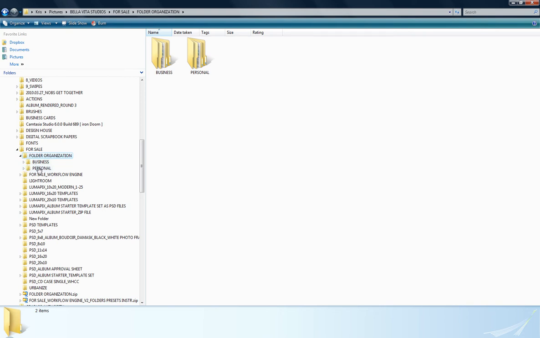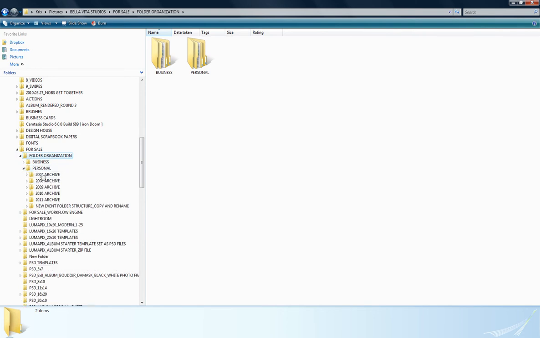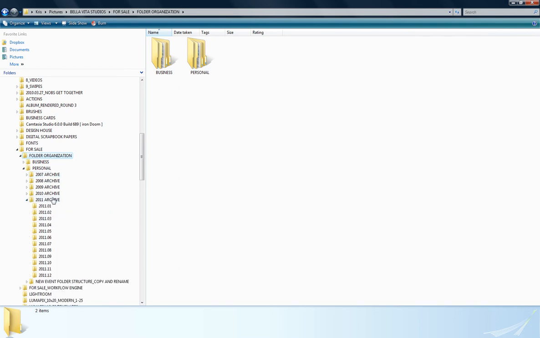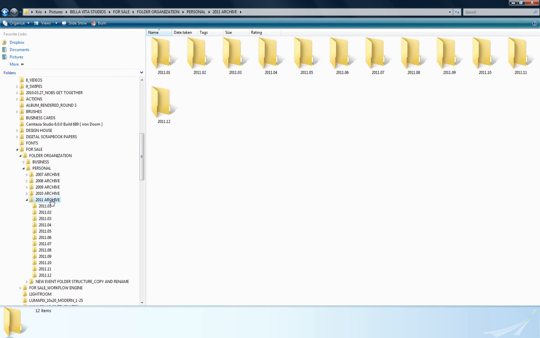First of all, we have our world separated into business and personal. So family pictures are not mixed in with studio business. So first of all, personal. There's archives going back 5 years, from 2011 back to 2007, and each year has a folder for each